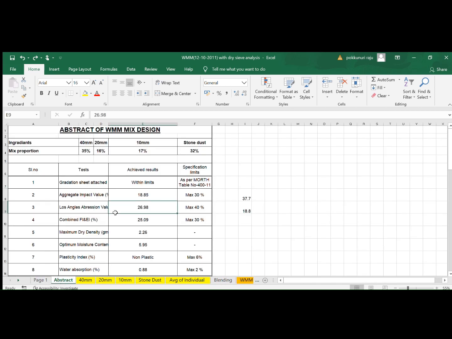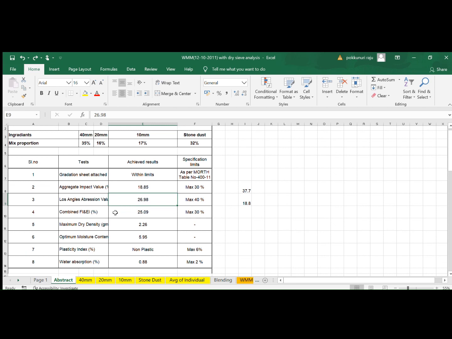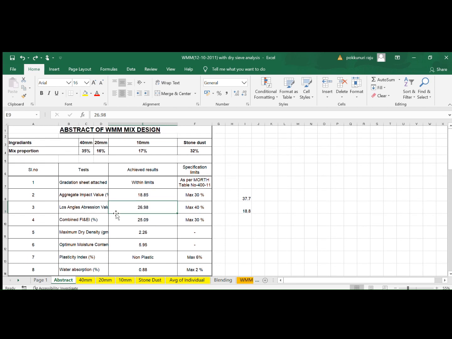So this is how the complete set of tests is done, and then the abstract is made, which will give you the values for this particular wet mix design for a combination of say 35% of 40 mm, 16% of 20 mm, 17% of 10 mm, and 32% of stone dust. The gradation sheet works out to be within limit, as tested. The aggregate impact value is 18.85.